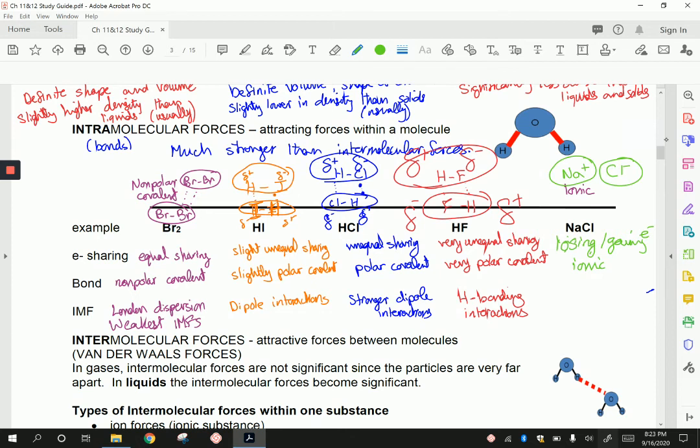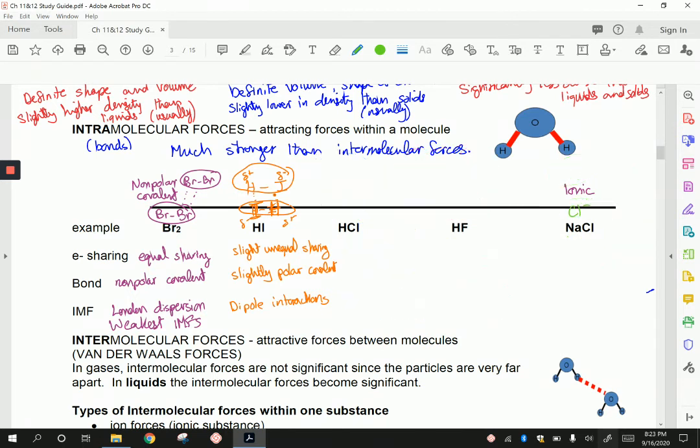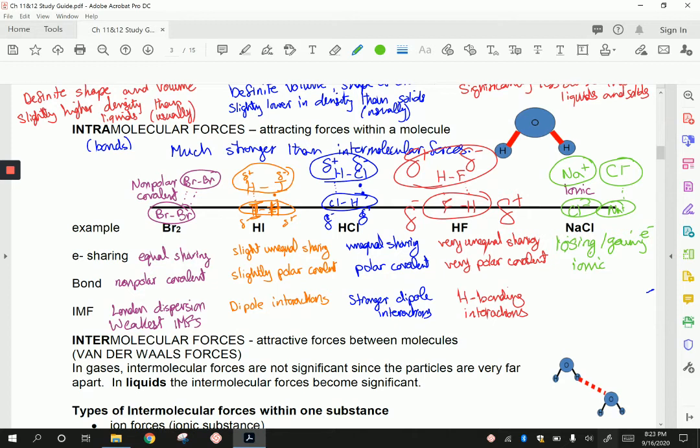And if I have another NaCl here, there's a very strong attraction here between the full positive and the full negative. And so we call these ionic interactions. So I want you to look at this as a continuum as opposed to a clear-cut ionic versus polar